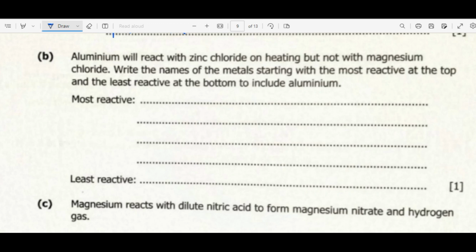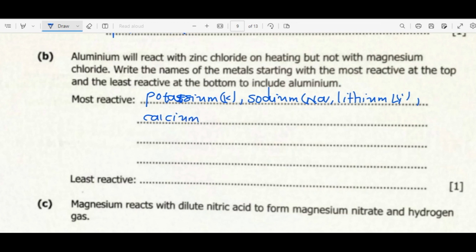So the most reactive, according to the reactivity series, we have potassium, with symbol K, followed by sodium, lithium, calcium, magnesium,